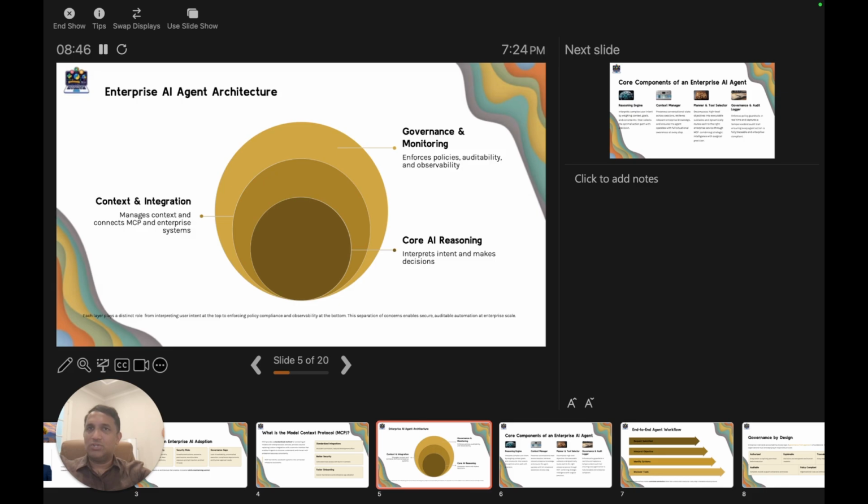This layer manages the agent's context and connects it through MCP to your enterprise systems. And wrapping the whole thing is governance and monitoring. This layer enforces policy, provides auditability, and gives you observability into what the agent is actually doing.